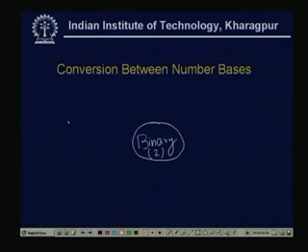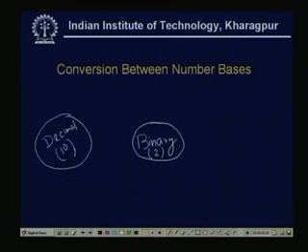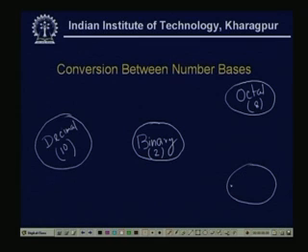Now, the most common one in our real world is the decimal number system, where the radix is 10. Just now we have also read another 2: the octal number system, where the base is 8, and the hexadecimal